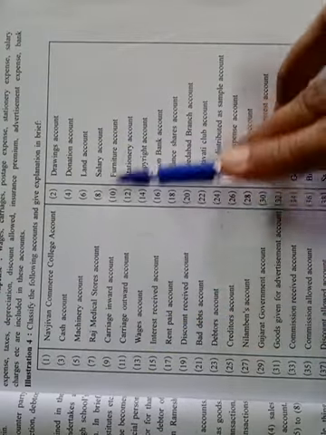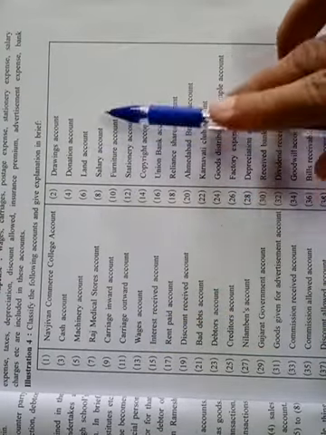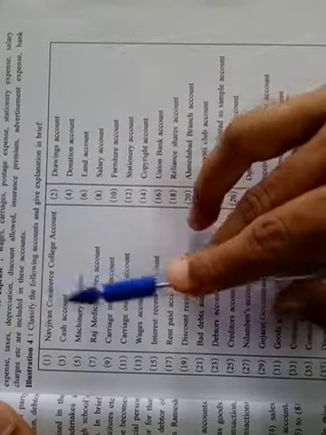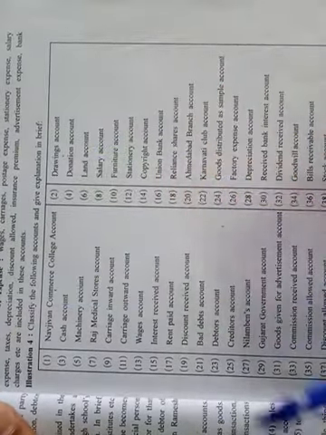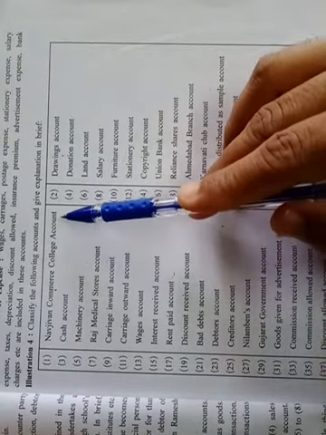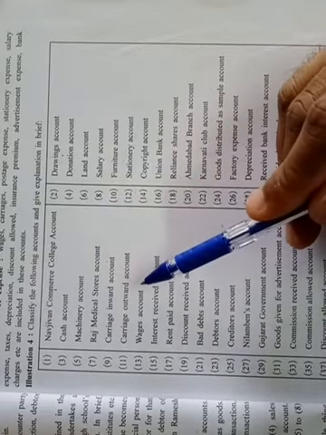The accounts are available like this actually. This is your original question. Navjivan Commerce College, drawings account, cash account, like this it is available. Okay, for that we have to write for each and every account which is the type of account, whether this account belongs to the personal account, real account or nominal account, that we have to classify.